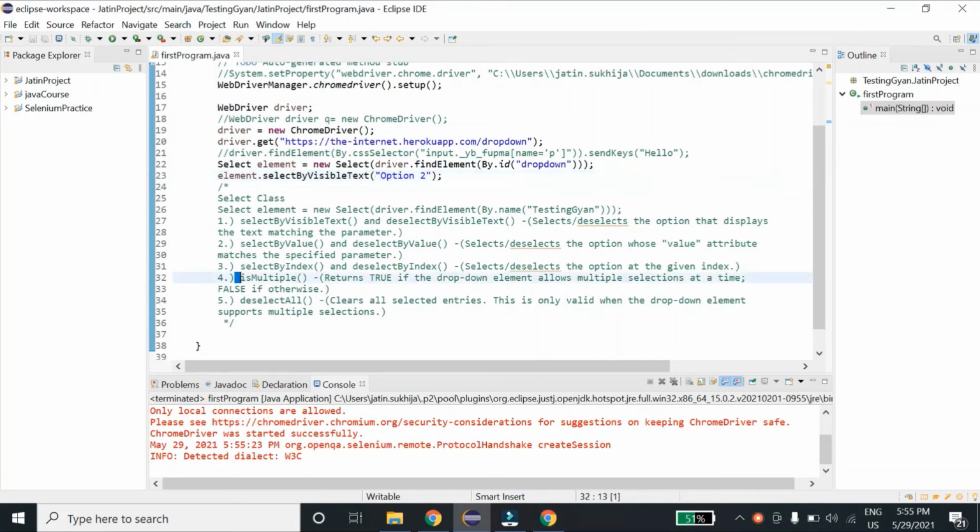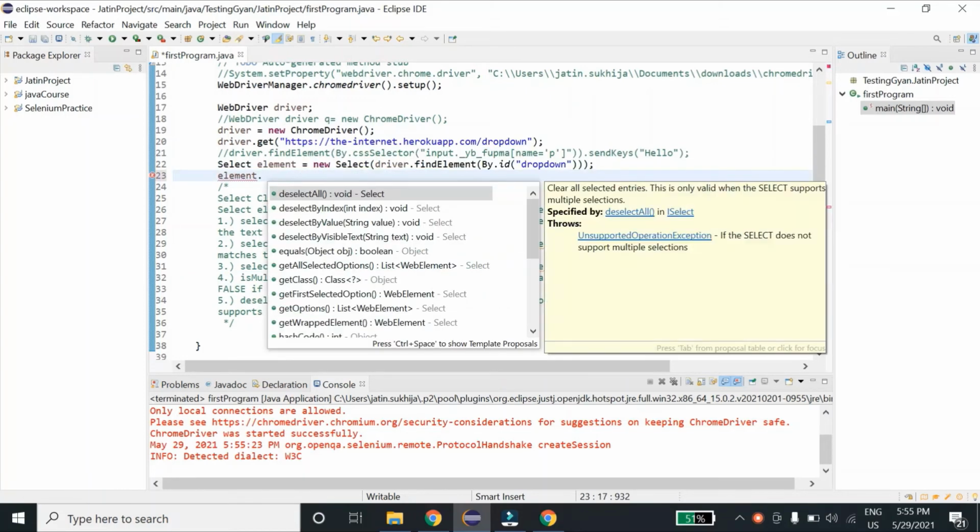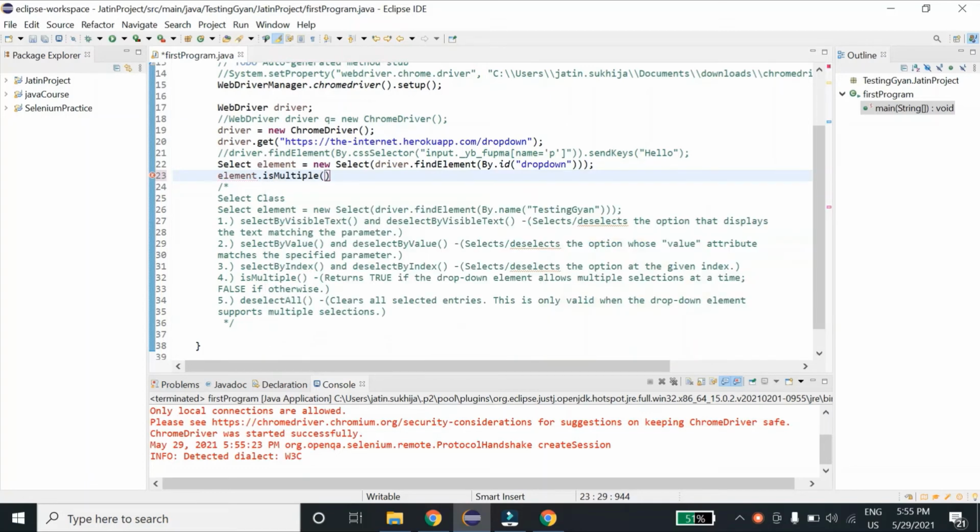There is one more function, isMultiple, which tells us whether the drop down accepts multiple values and allows selection of multiple values at a time or not. So let's see this as well. This doesn't accept any parameter. Let me print this.